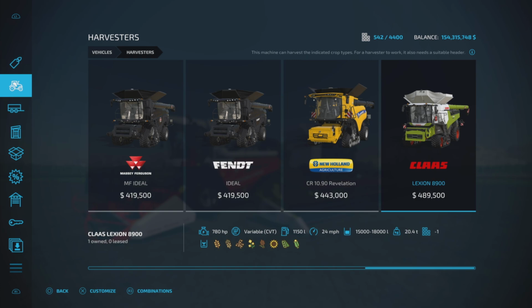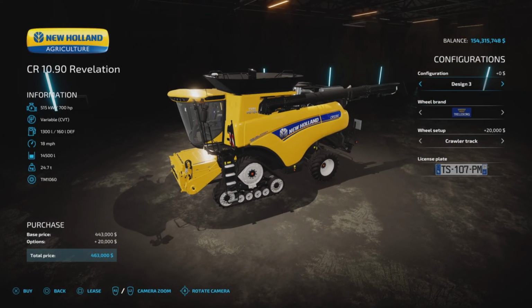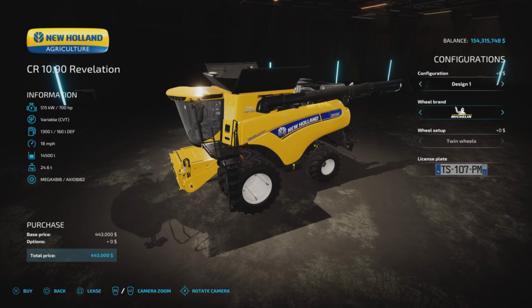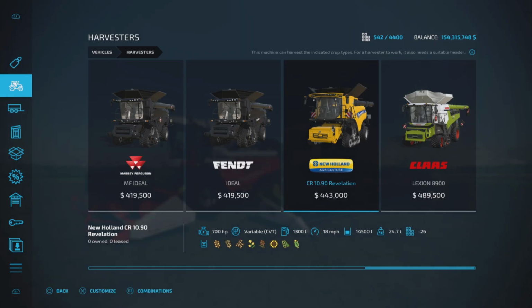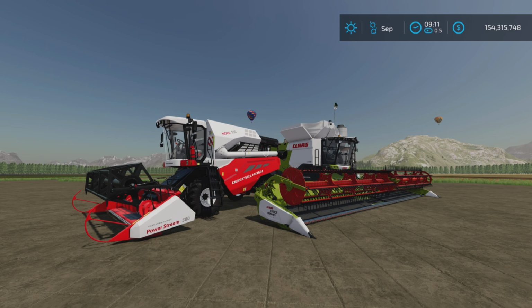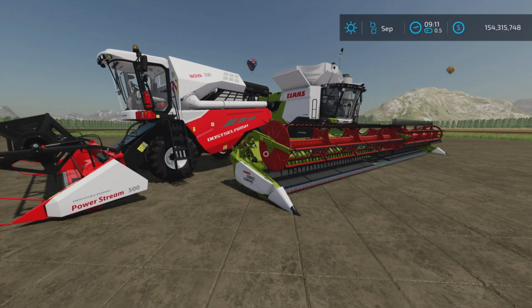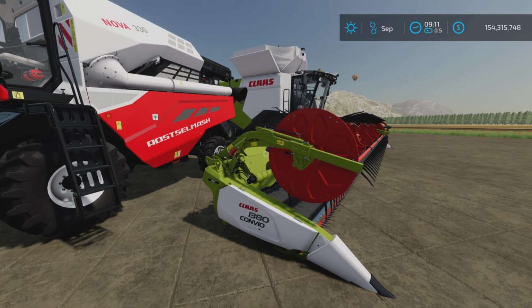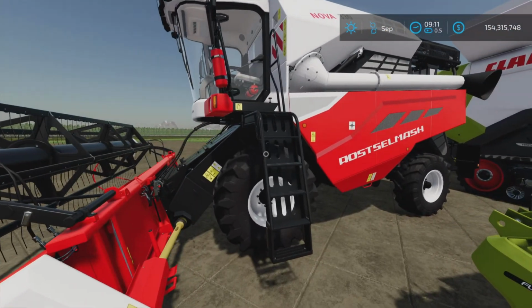So usually what I would do, before I even start making the video, I'd come in here, check out the slot count, check out the different configurations, go through some tire configurations, see if there's anything interesting or different, and then buy either one or two of them, depending on the configurations or how many choices there are, and then pick an appropriate header. Now, in this case, I have chosen the base game PowerStream 500 for the Rostlamash, and